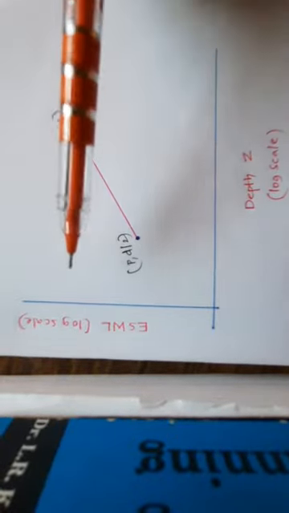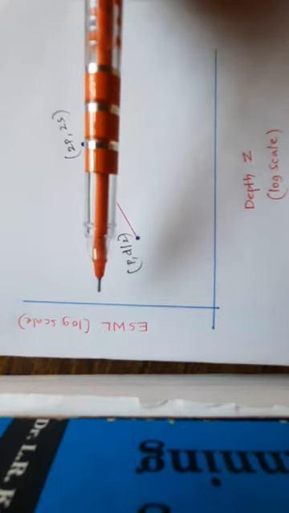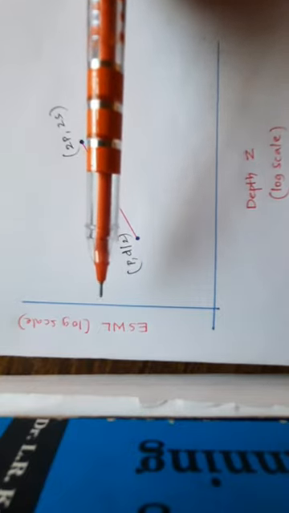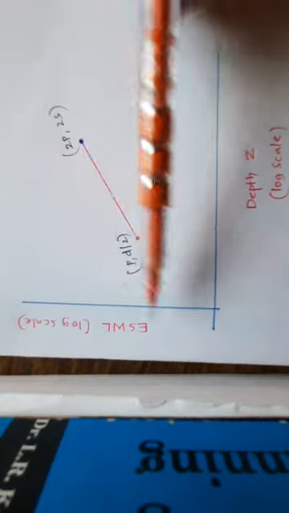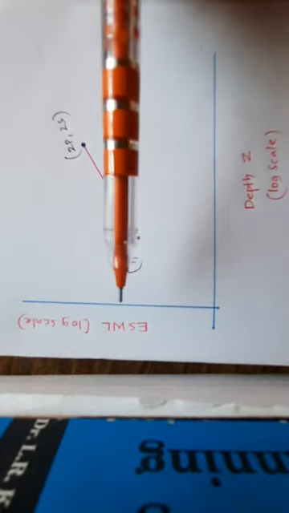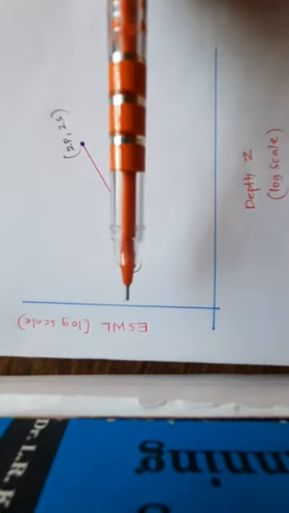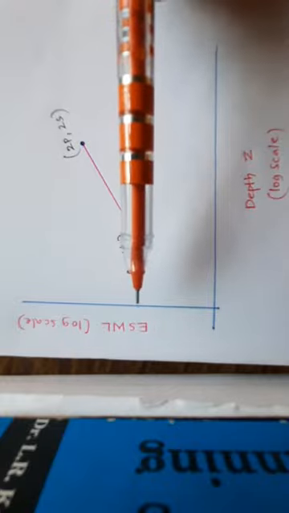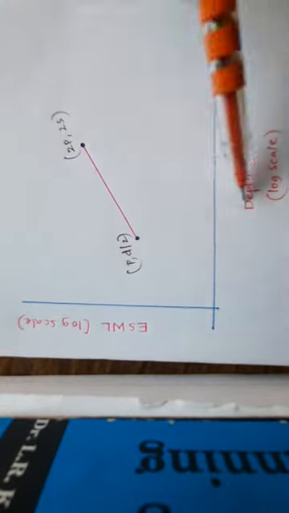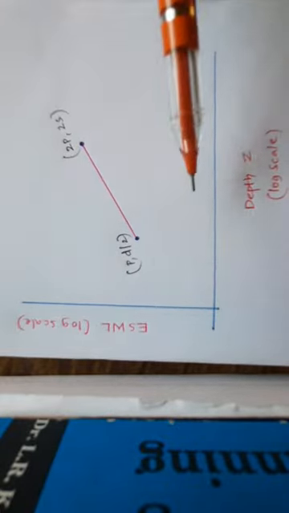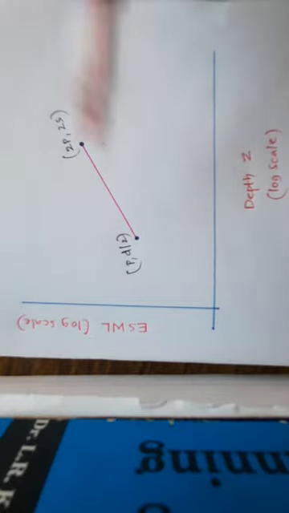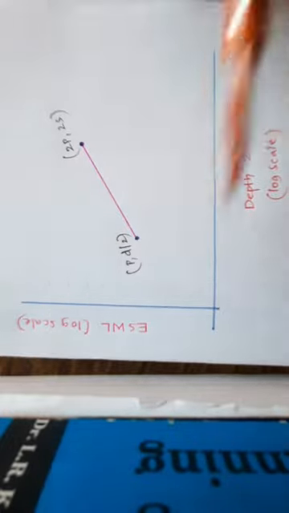Here the equivalent single wheel load varies depending upon the total pavement thickness, which is yet to be designed. It is not yet designed. So the determination of the equivalent single wheel requires a trial and error method, and the simple graphical method is very much useful. In the simple graphical method, a straight line relationship is assumed between the equivalent single wheel load and the depth, both on a log scale.